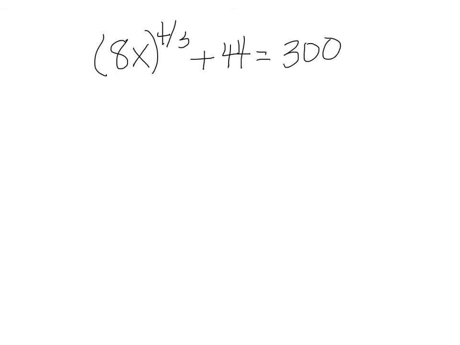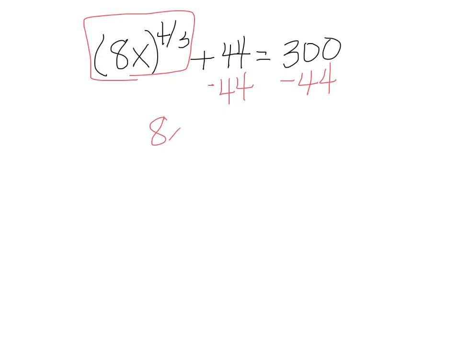So let's do 8 parentheses 8x raised to the 4/3 power plus 44 equals 300. All right, so very similar to what we were doing before. We have to isolate the radical, and that's really a radical, right? So we're going to minus 44, and that leaves us with 8x in parentheses raised to the 4/3 power